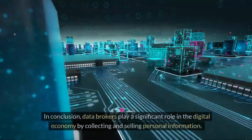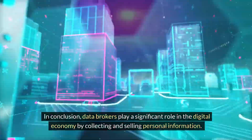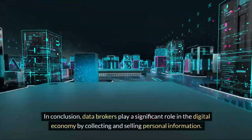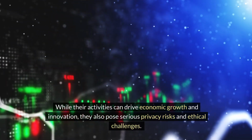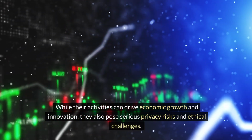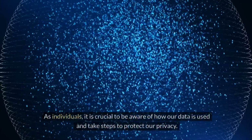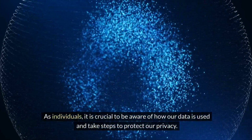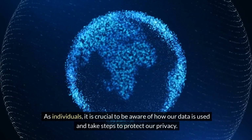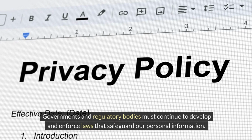Conclusion. In conclusion, data brokers play a significant role in the digital economy by collecting and selling personal information. While their activities can drive economic growth and innovation, they also pose serious privacy risks and ethical challenges. As individuals, it is crucial to be aware of how our data is used and take steps to protect our privacy. Governments and regulatory bodies must continue to develop and